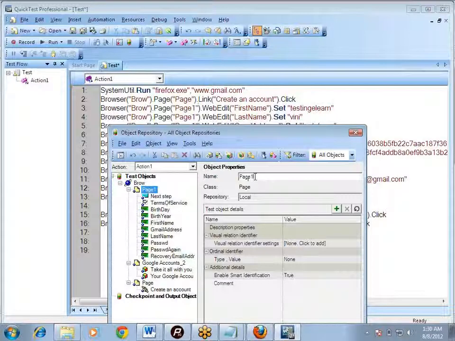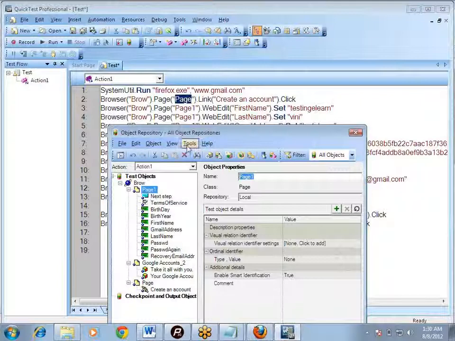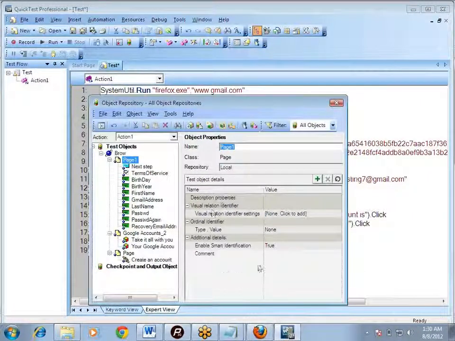The purpose of these names is only the mapping between the script and the object repository. So whenever we change the name here, it doesn't make any difference. QTP uses those names, matches those names with these names, and identifies that object in the repository. After that, QTP uses these test object details to identify the object in the application.